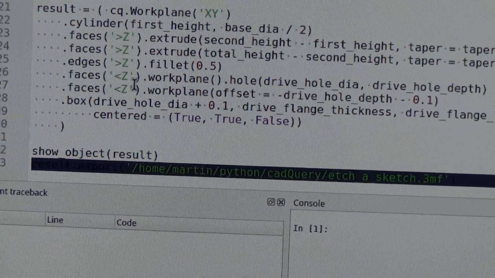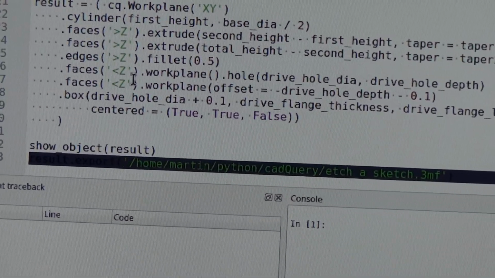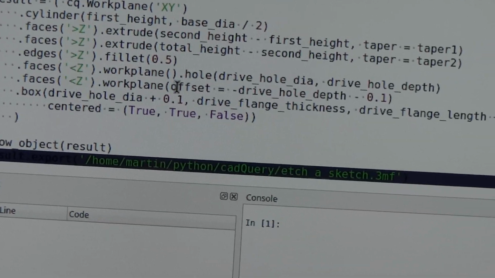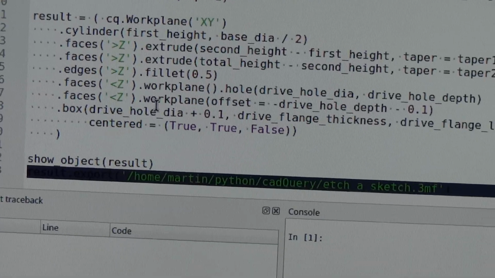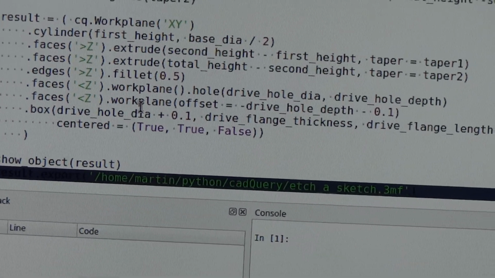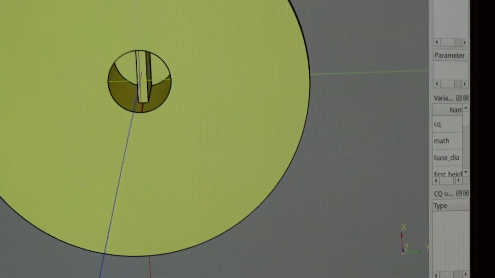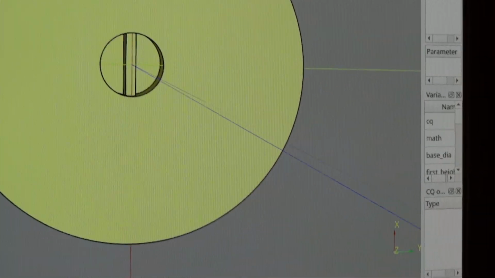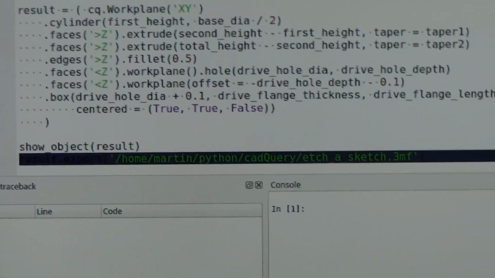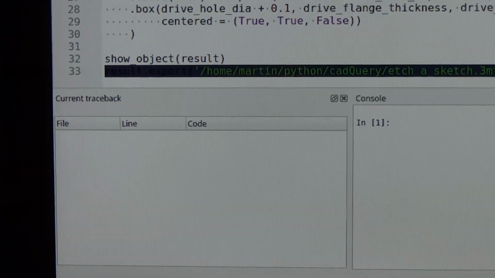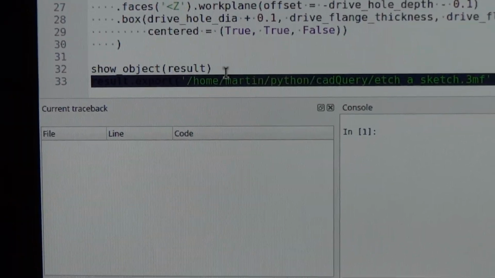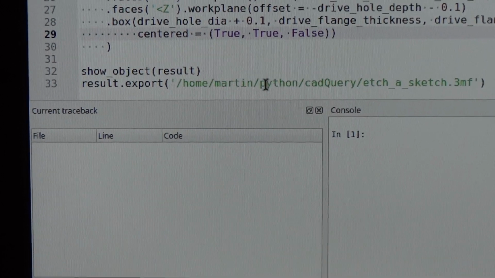and then it moves down to the lower work plane, that's the base, and puts a hole in, and then the last bit moves back up to the top of that hole and puts the sort of drive flange in, which I'll show you. If you have a look up there, you'll see there's like a flat flange, and then having that produces the object,